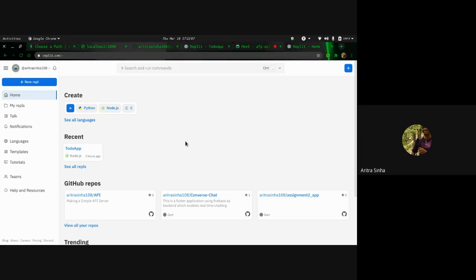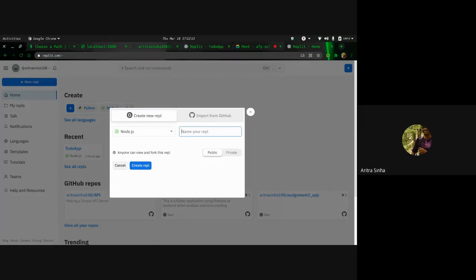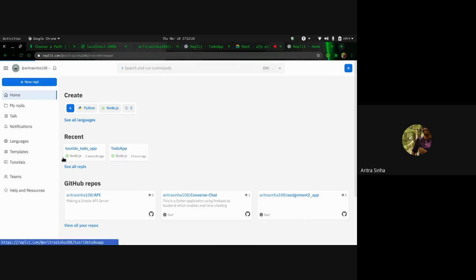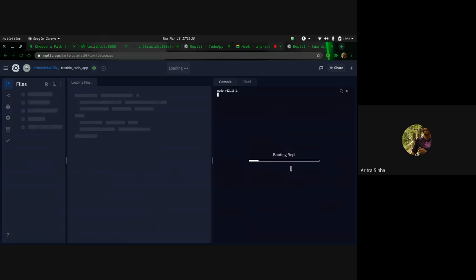So if you want to follow, you can go to this website and create a new Node.js project. It might ask you to log in once. It'll ask you for a name of the application, and once you add that, it will be created accordingly. So this is the page.